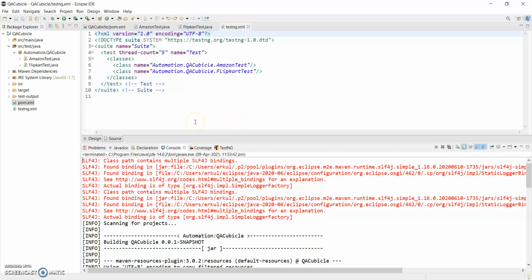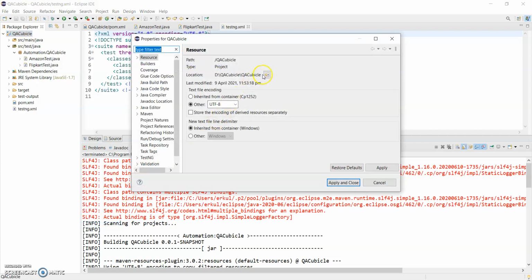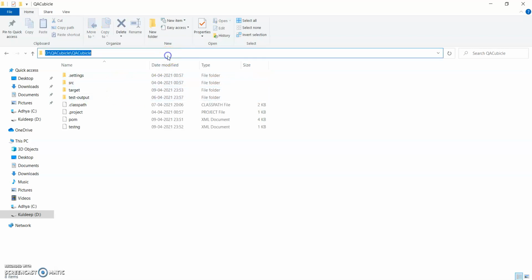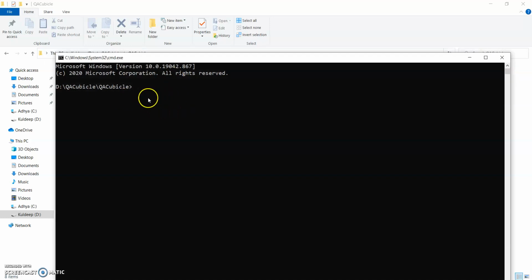Now I will show you how you can execute your test cases with the help of the command line. For that you need to select the project properties and go to the path where your project is placed. Now we can type cmd, so we reach the path where our project is located.